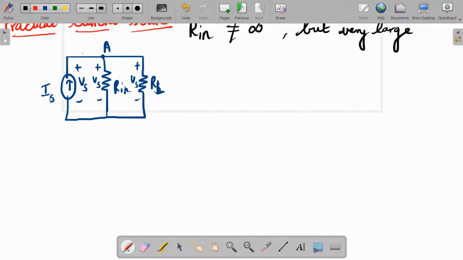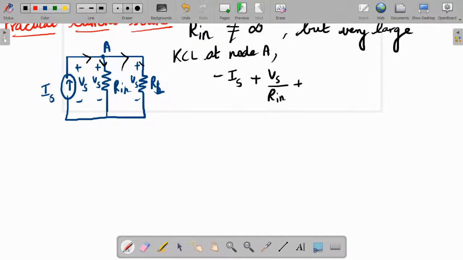So here the current direction will be like this. Here it is a passive element, so the arrow positive to negative will be like this. Here also a passive element, so the arrow will be like this. So if you are writing KCL at node A, what you get? Minus IS, incoming current towards the node is minus IS, and the two leaving currents are both leaving. So we get Vs divided by R in plus,